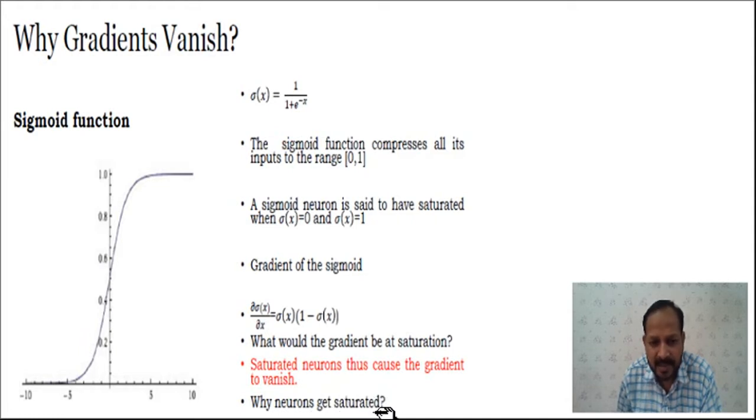Why do the neurons get saturated? That may be because of the use of the sigmoid function itself as an activation function. Neurons using the sigmoid function as the activation function will get saturated. Another reason may be that the initial weights are of a high value, so that the net value of any neuron becomes very high, and if the net value, that is x, becomes very high, it gets saturated. Or if the weights are initialized with the value 0, its net output will become 0, and still the output of this function will become saturated, or become 0.